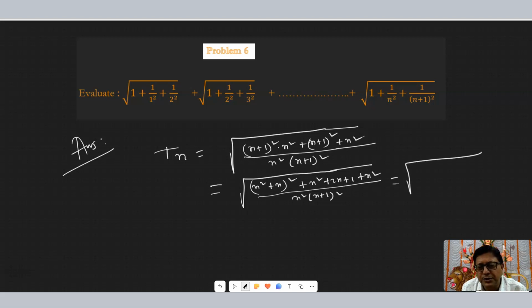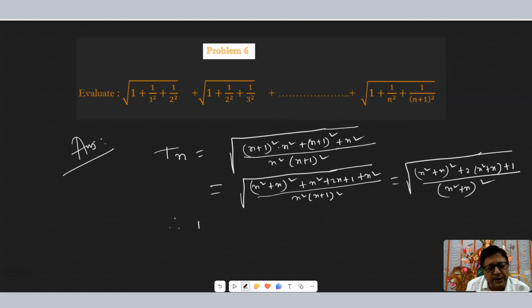So this thing is changed to under root n square plus n whole square, n square, 2n square, and here also you take n inside, it will be n square plus n whole square. Okay. So the numerator is a perfect square, of the a square 2ab plus b square form, and Tn you can